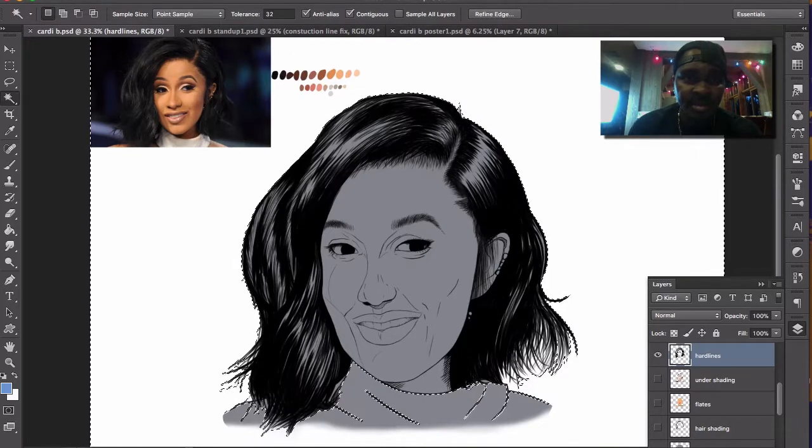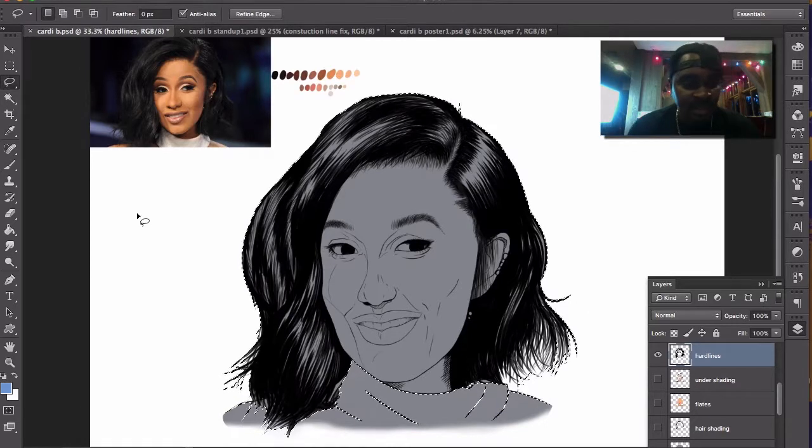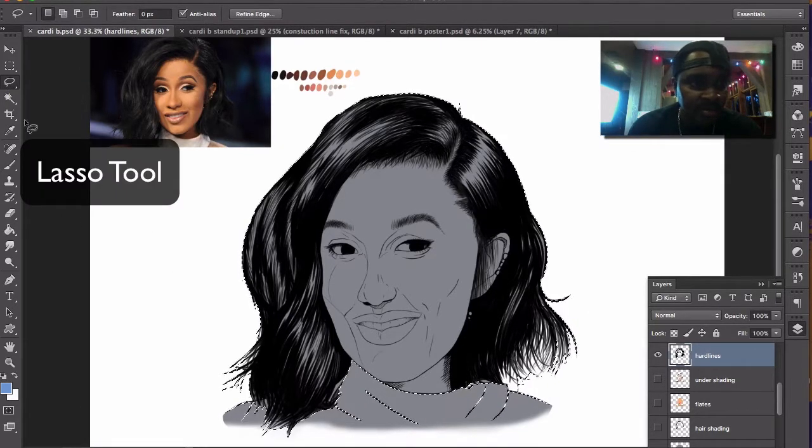Then I come up and I hit inverse, and what that does is it gives me this area. Now you're probably wondering, well, how did you get the rest of this? Well, what I went ahead and did was I held shift after I grabbed the lasso tool that we can draw around with,